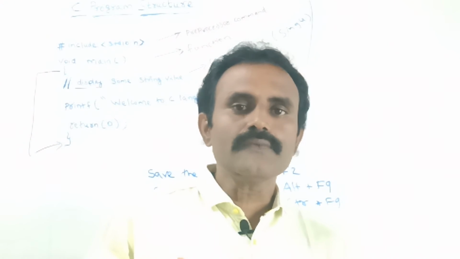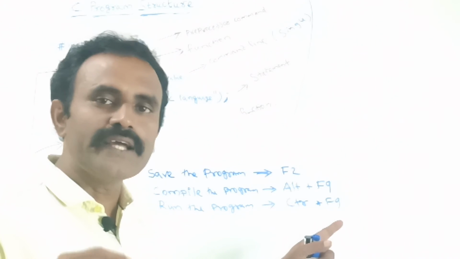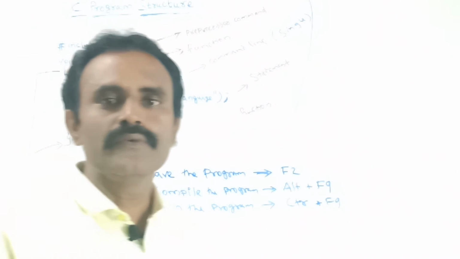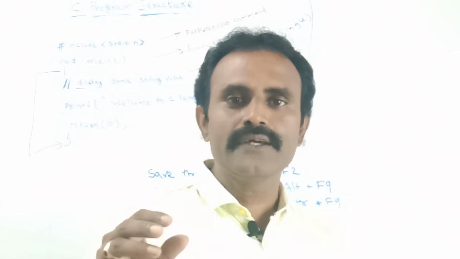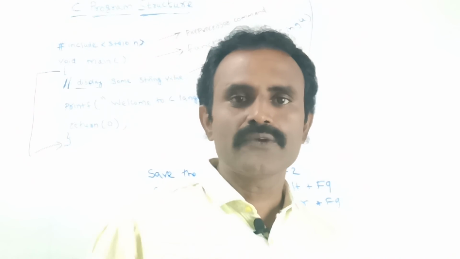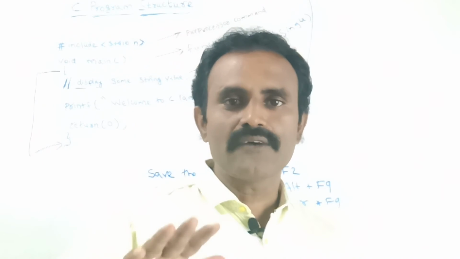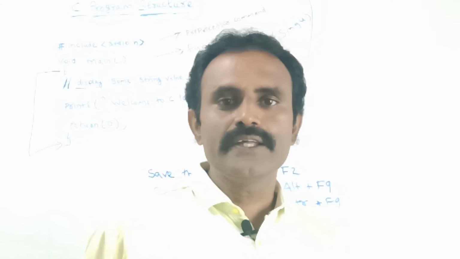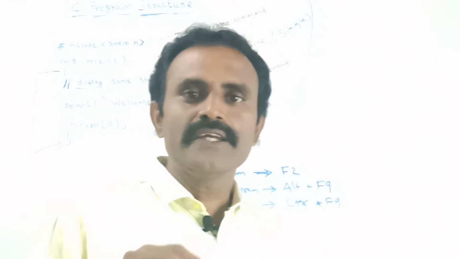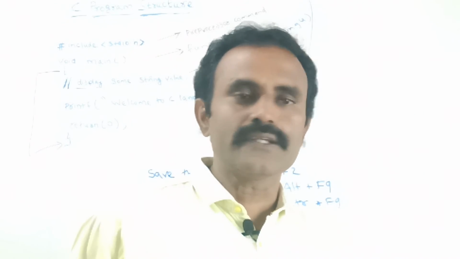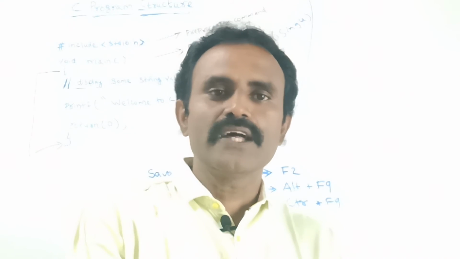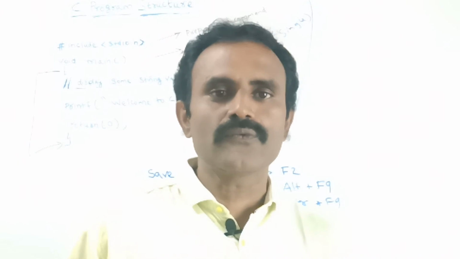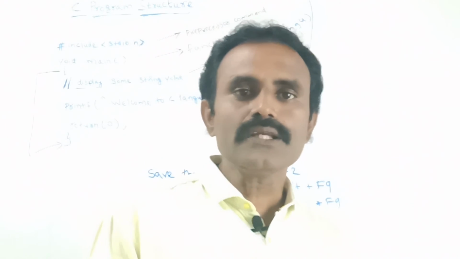See, now if there is any error in this step, before executing, with the error we can't execute the program. If there is any error in our source code, we can't execute the program. Only after rectifying the error can we move to the next step, that is running the source code. So if there is any error, the program will not be executed. In the second step there should not be any error. Only with zero errors can we execute the C program.